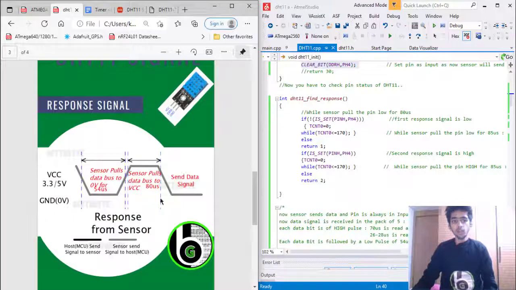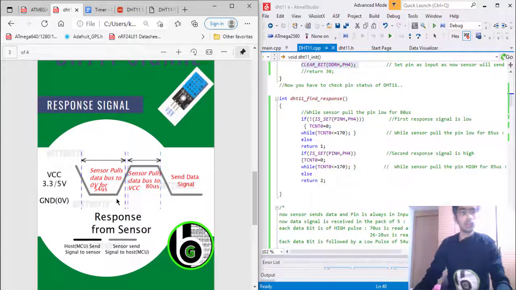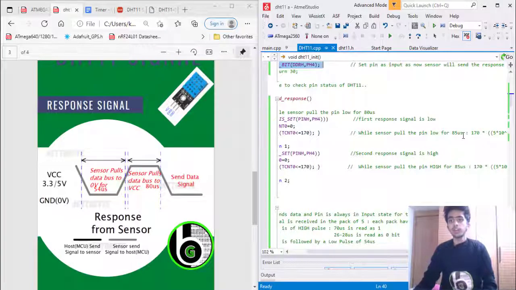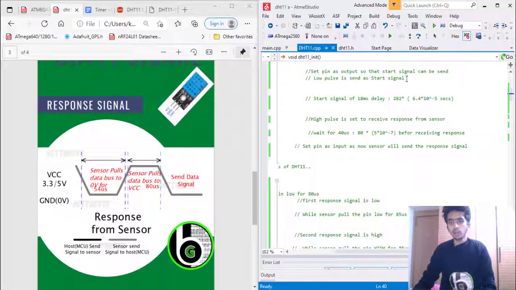Okay, but on the logic analyzer when I checked, it shows a low signal of 54 microseconds. So that's why here it is written 54, but in the code we will code according to the datasheet, that is for 80 microsecond delay. Now for the 80 microsecond delay, I have done the same thing, TCNT0 set to 0, and it will increment from 0 to 170, and while it increments from 0 to 170, it has generated 85 microseconds or 80 microseconds of delay. You can see how I have also commented the code, like this is the formula.